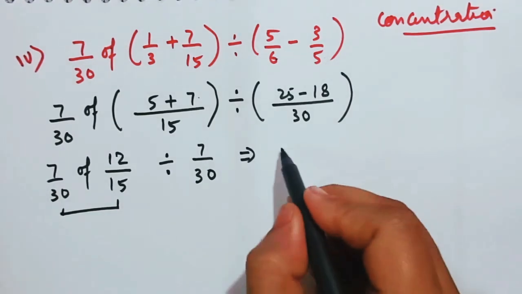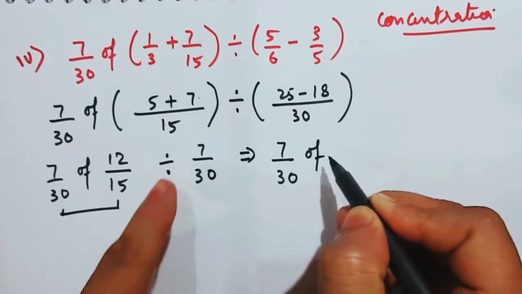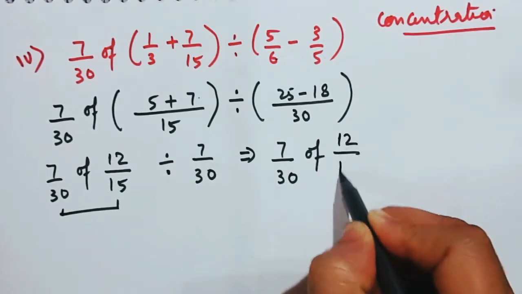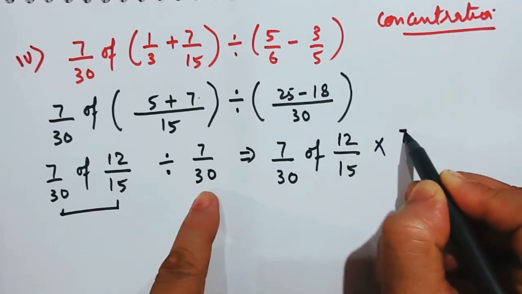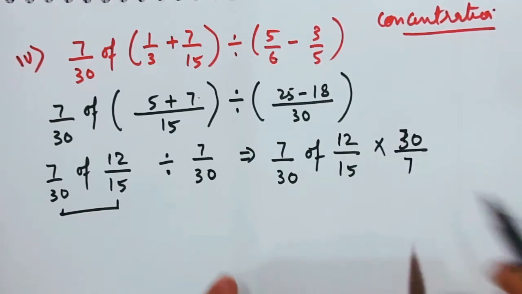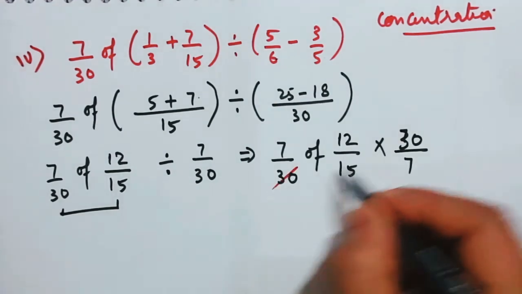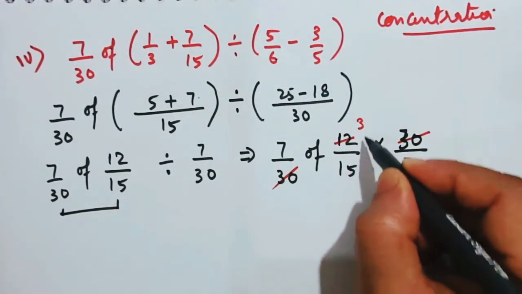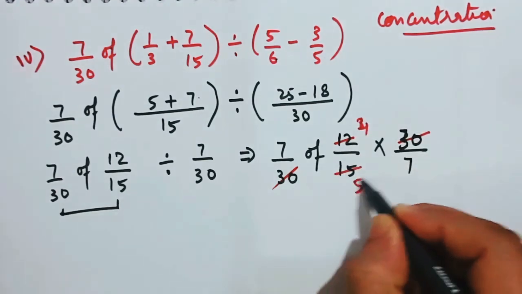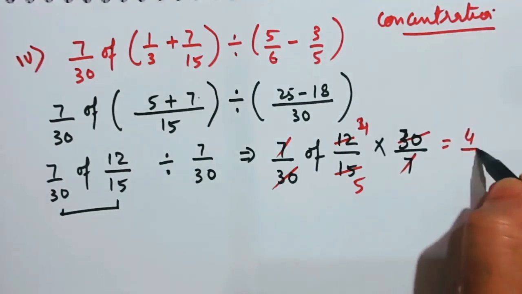Or if you want to solve all of them in one step, then in that case you will have to change this division into multiplication. 12 by 15 multiplied by 7. Oh, write it properly. 30 by 7. Yes, now it is right. Now you don't have any issues. 15, see, 30 you can cancel. 4 3s are, 3 4s are, 3 5s are, 7 and 7 can cancel. So 4 by 5 is your final answer.